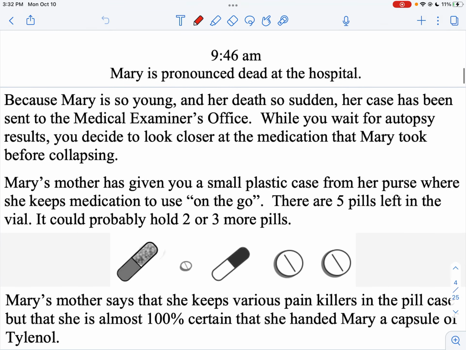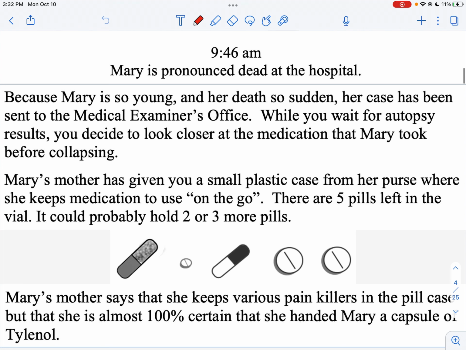Because Mary is so young and her death is so sudden, her case has been sent to the medical examiner's office. And while we wait for autopsy results, we're going to take a closer look at the medication that she took before collapsing. Mary's mother has given us a small plastic case from her purse where she keeps medication to use on the go. There's 5 pills left in it. It could probably hold 2 or 3 more pills. Mary's mother says that she keeps various painkillers in the case, but she's almost 100% certain that she handed Mary